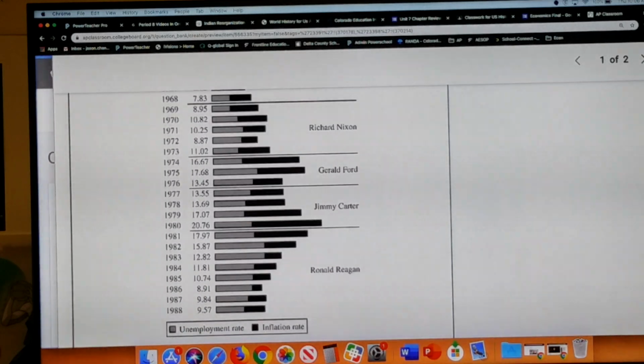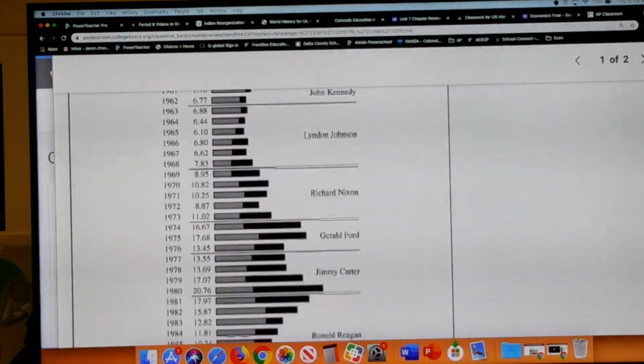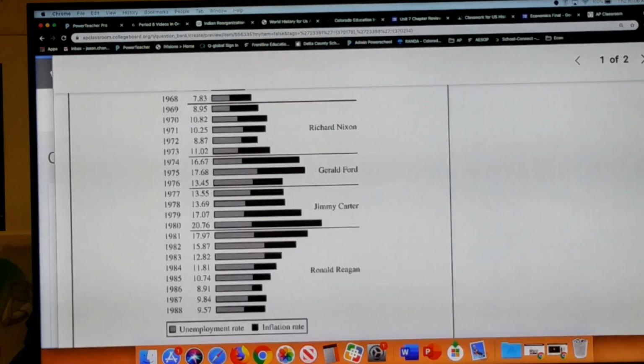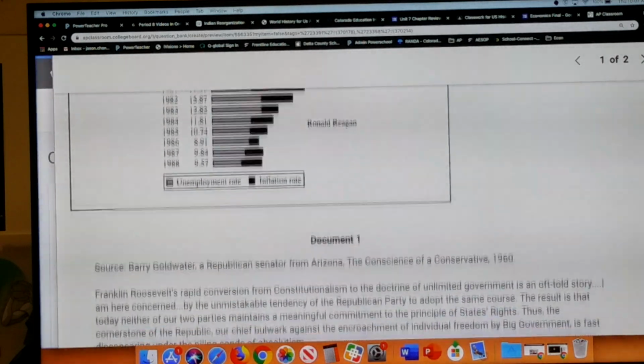You could say, well, under Jimmy Carter, in 1980, we had combined 21% inflation and unemployment. And so maybe people decided that the liberal ideas of going back to the LBJ days weren't working out. Or maybe it's just Carter was caught holding the bag because he was the president when things were at their worst, it looks like here economically.